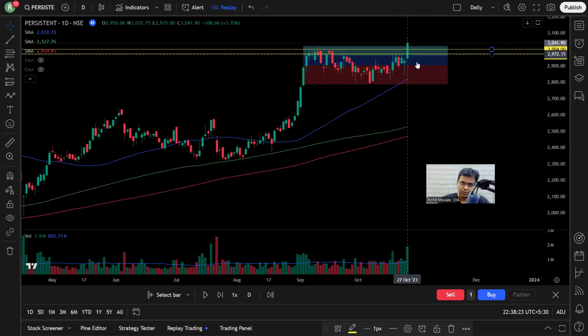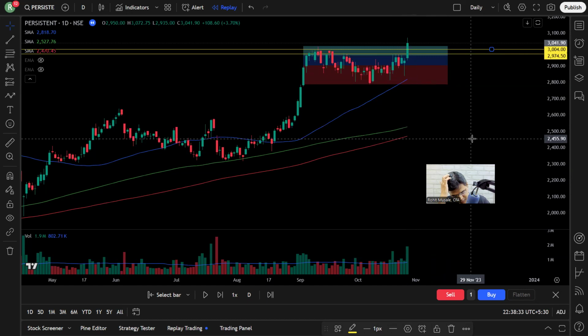Now the question is, for how long does the stock remain inside this yellow zone? I call this the yellow zone. So sometimes the stock might remain in the yellow zone for 5 minutes. Sometimes it remains in the yellow zone for 1 hour. Sometimes it remains in the yellow zone for 2 hours. So whatever window of time that you get, you have to make sure you complete your purchase in that particular